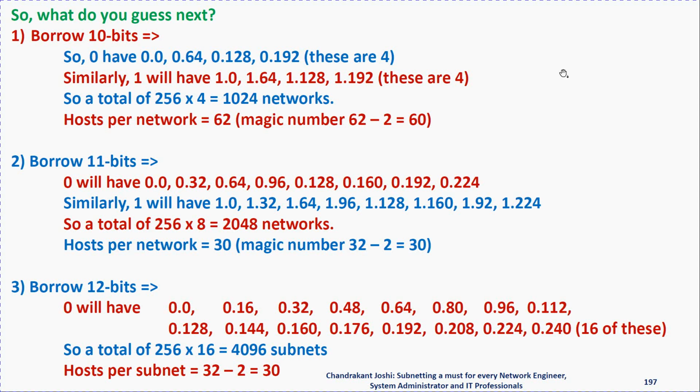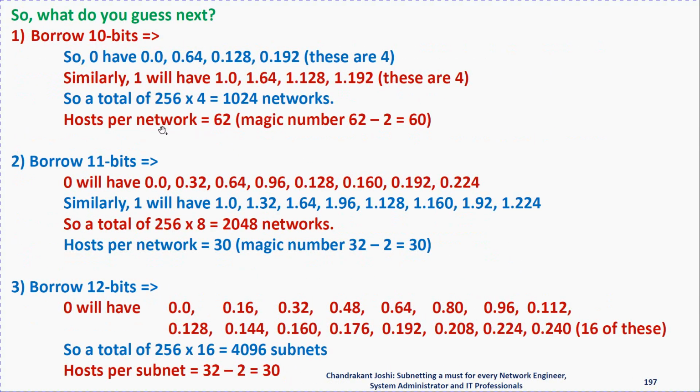So 2 bits would be borrowed in the 4th octet. So 2 bits means 192. So the subnet mask would be 192 in the 4th octet, and then block size would be 256 minus 192, that will give us 64. So 64 is the block size,